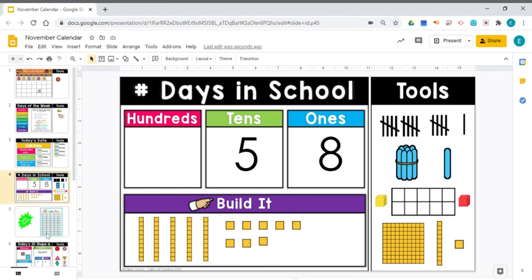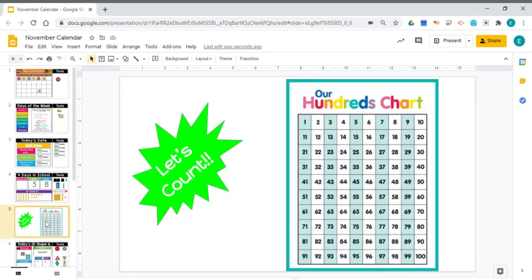You got it. Now, let's pop on over to our 100s chart. And we're going to count all the way to 58. And I really want you to count with me so that you are learning how to count, because we're going to go all the way to 100 sometime. So 58 today. Ready? 1, 2, 3, 4, 5, 6, 7, 8, 9, 10, 11, 12, 13, 14, 15, 16,